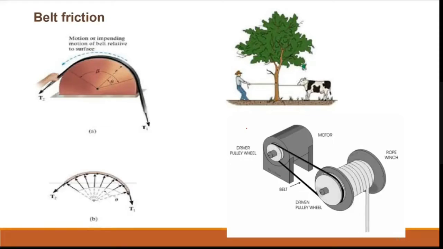So here the application is when the driven shaft is at a particular distance, a larger distance, right? Then there is no other option. You can't apply a gear, because gear is only for shorter distances. There are a few applications where you need something over a larger distance, right? For example, you are taking water from a well using a motor, right? So you can't connect a motor near that well, right?